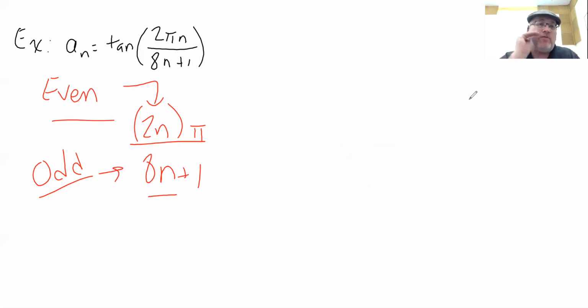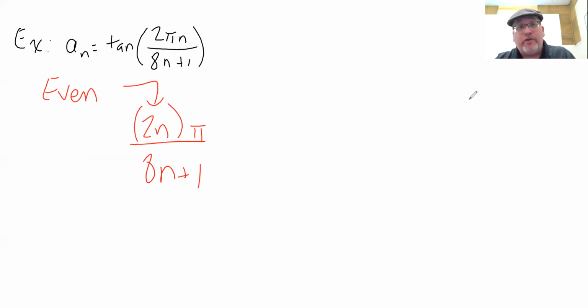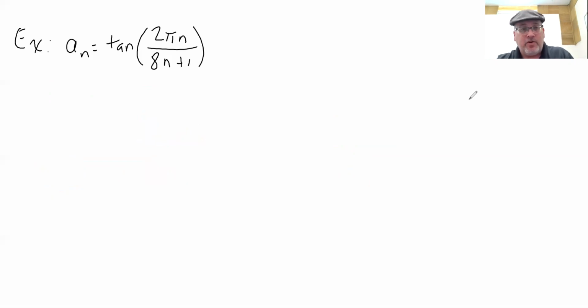So by the structure of this argument of the tangent function, being an even number in front of pi on top and an odd number on the bottom, there's no way it could reduce to some odd number over 2. So there's no way the inside could be the location of the vertical asymptote. Now, if you did not even think that and just jumped right into what happened next, you would probably be okay. But in upper level math classes, you have to be aware of all the criteria in the hypothesis